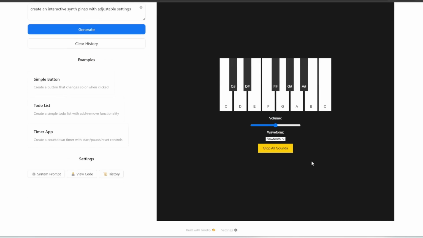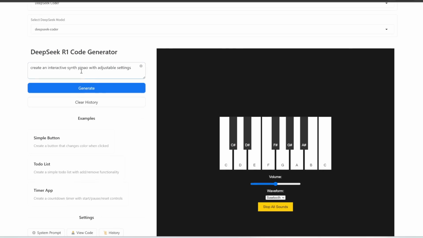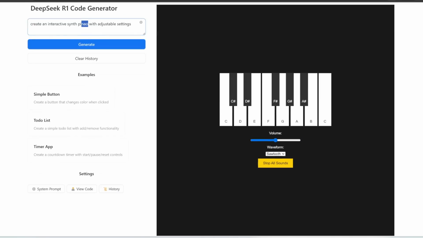Awesome. So within like 3 seconds, notice I even spelled piano wrong, but it was able to generate this interactive synth piano that works. Now, those are just some basic examples. I'll link to this Hugging Face space in the description below, but here are some even cooler use cases